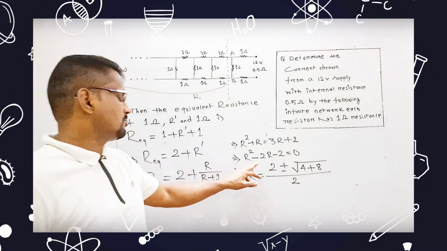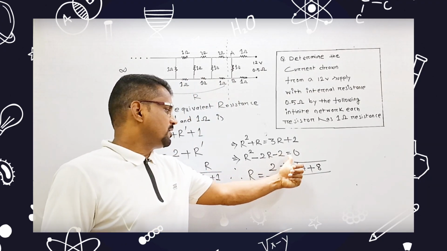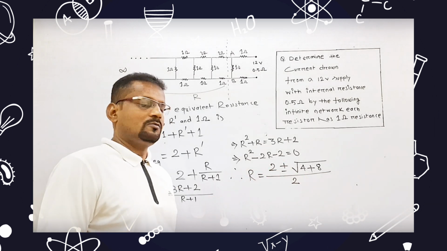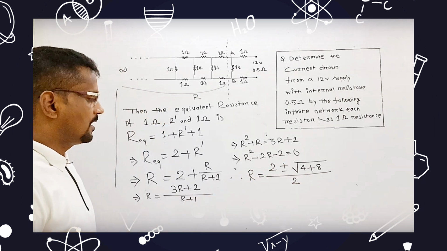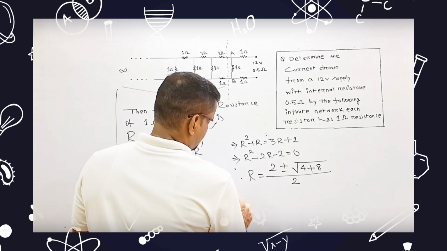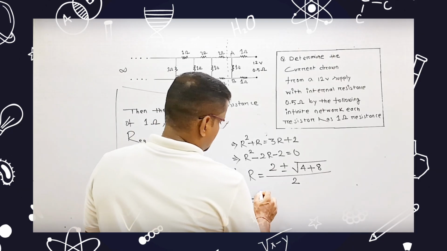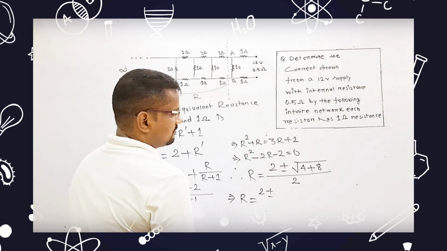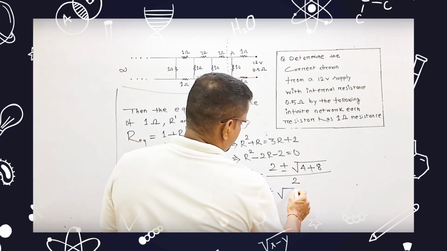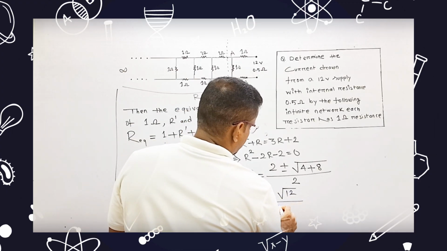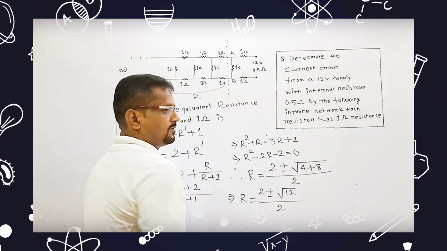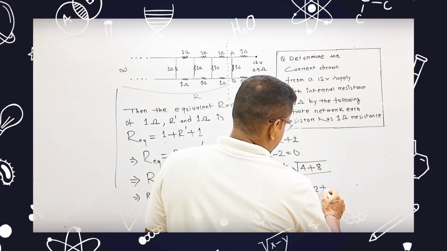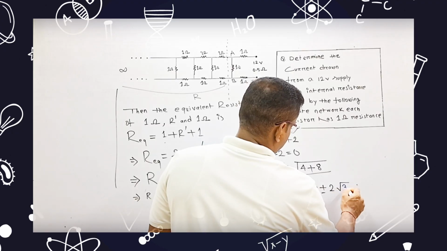See, it was in class 10 also: R square minus twice R minus 2 equal to 0. This would be x square minus twice x minus 2 equal to 0, so we applied the quadratic equation formula. So after that what you will get, you see R is equals to 2 plus minus root over 12 by 2. 12 means 4 into 3, so 4 take out, you will get 2 plus minus twice of root over 3